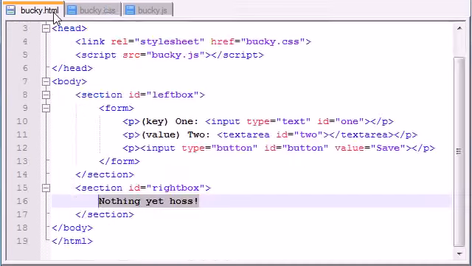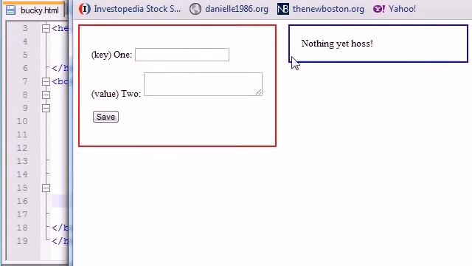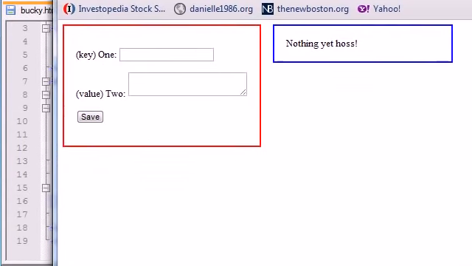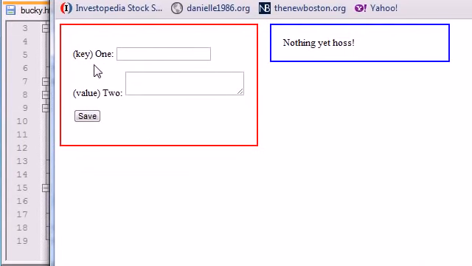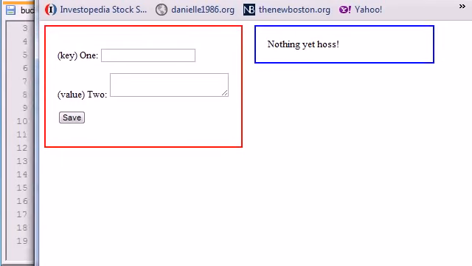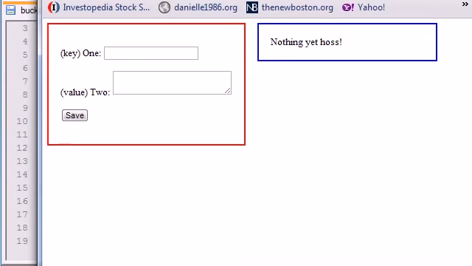So let me go ahead and save this and check it out. Alright, so let me move this so you guys can see. So basically what we have is this red one is the left box, and you see the padding around it of 20 pixels, and this right one is called the right box. And this margin left is what gives us this 20 pixels of space right here. But anyways, now that our website is looking pretty dang good,